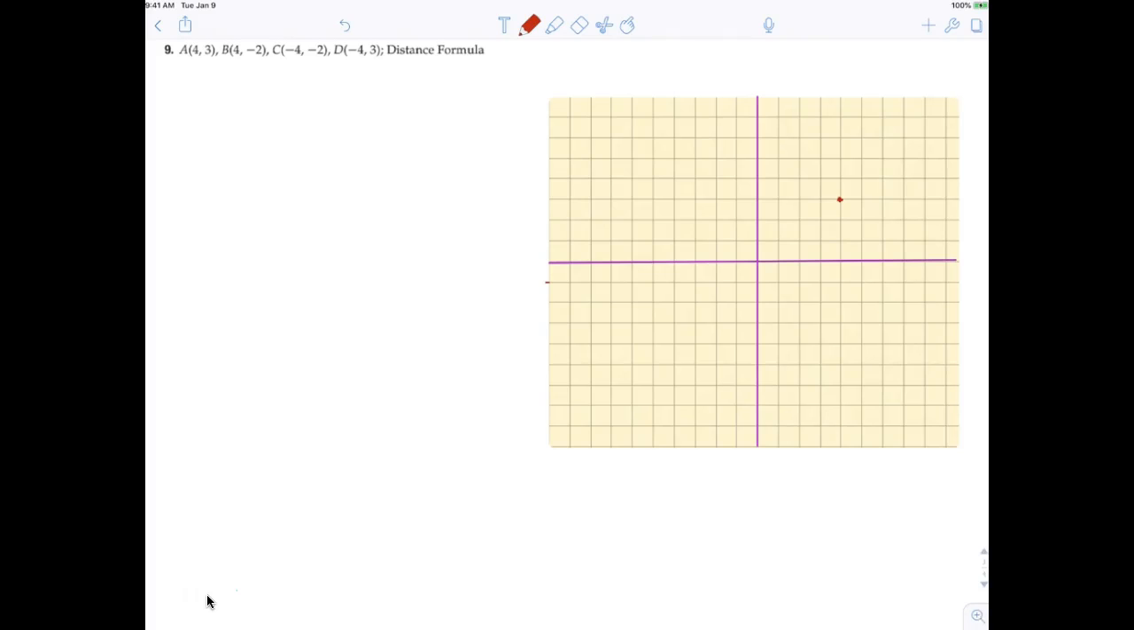And then what? 4, negative. Oh, wow. This one's too easy. -4, -2. Oh, wow. -4, 3. All right. So this again, if you're drawing out this rectangle, obviously now this one is a rectangle, but,